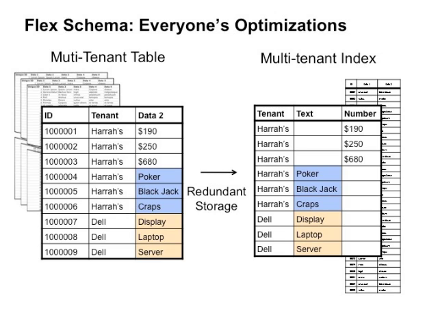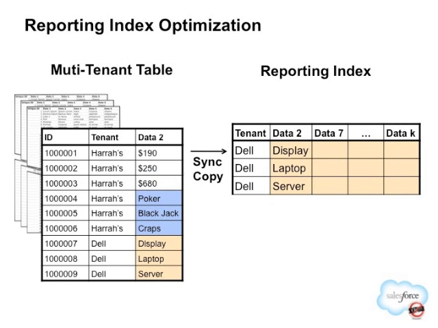So that's an example of a sort of selective optimization table. This is a more recent one, a little bit. So what we're illustrating here is that this redundant data structure on the right, what we call a skinny table or a reporting index, is more like a covering index. So on the left, you have a very wide row. Maybe your business stores hundreds of custom fields, and there's lots of text, and it's a big sloppy table. But your users only want to run a report on 5 really important fields. So we will actually build for you a skinny table that only has the columns that are going to satisfy